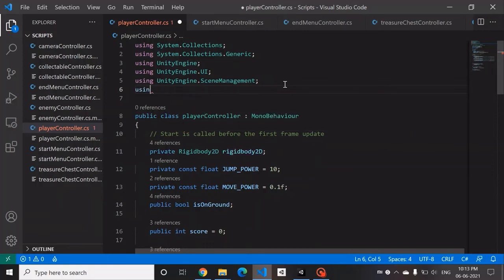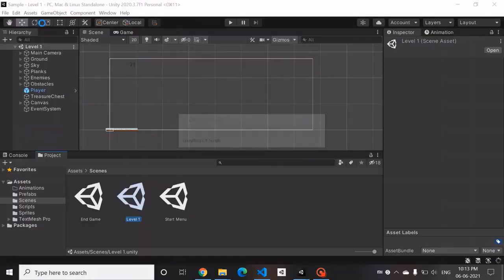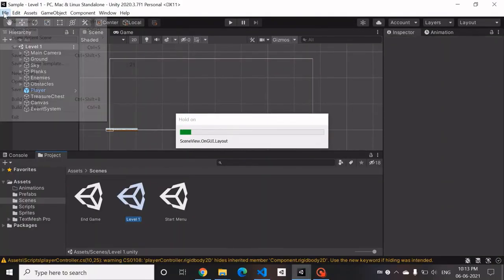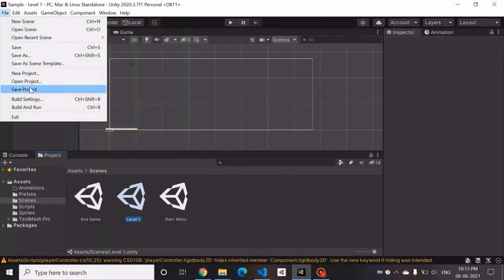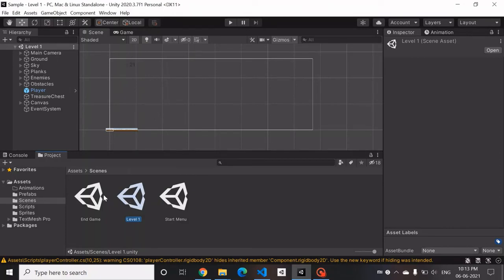Oh, that got added. Going back, so here we are at the build settings, drop in the end game. Now we go back to start menu.